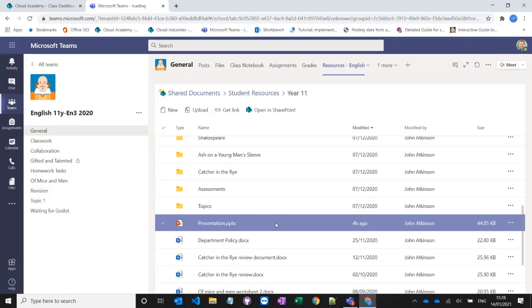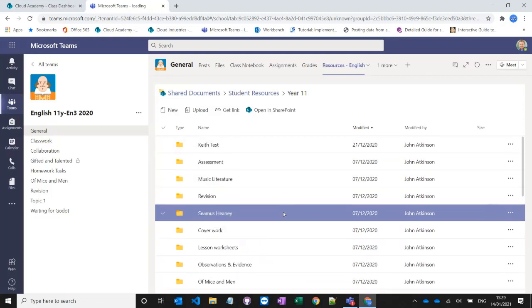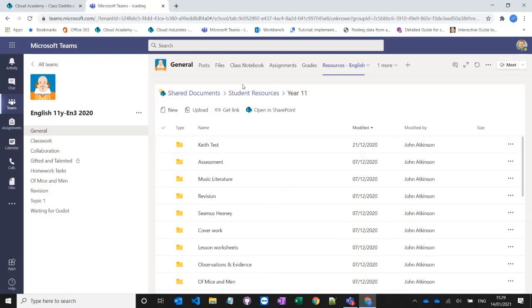What you then have is a centralized and fully differentiated bank of resources, rather than the odd, really good differentiated resource being tucked away in a silo in a single class. So you're feeding back into the pot all the time. Yeah, no, that's a good idea. Anything that you might use more than once, ideally sits in that central area, because again, it's going to save you time rather than having to upload it